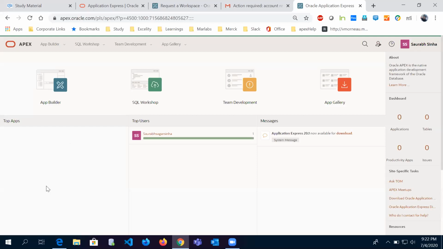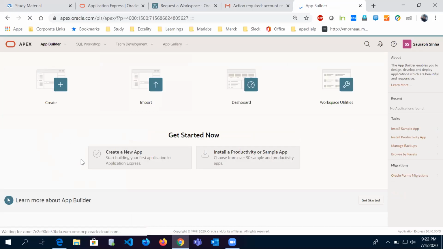Once you successfully create this workspace, you will have this place, and here we have a couple of options: App Builder, SQL Workshop, Team Development, App Gallery. App Builder is where you can create